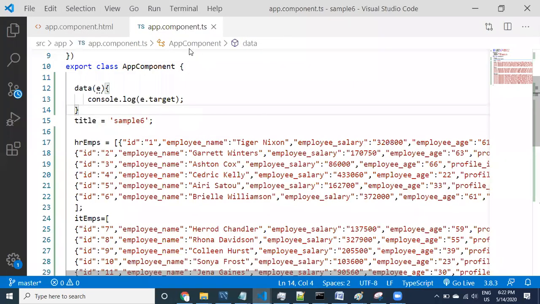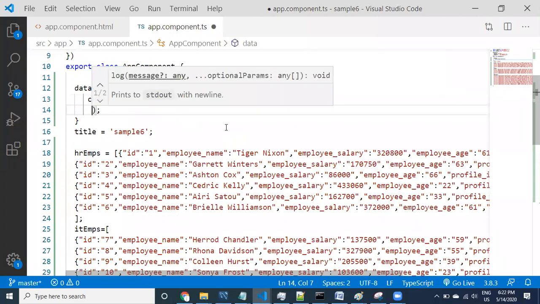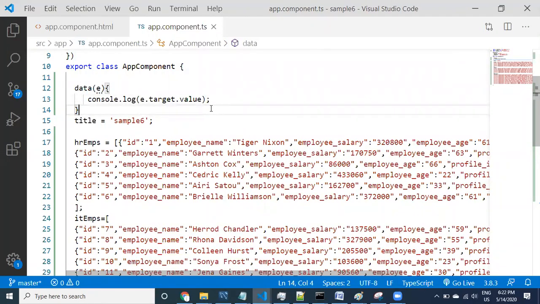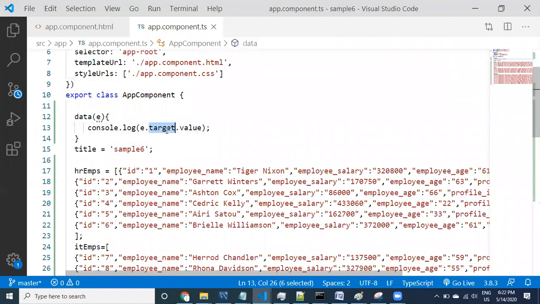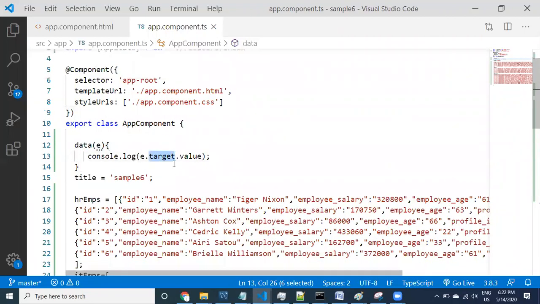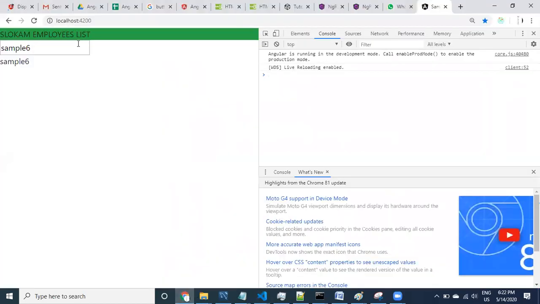Okay, so coming to here, after target dot, I would like to say value. Now what it is going to do is take the target value and print it. Let's look at it. What happens now? I'm taking the value. So I just clicked on that. Now I'm applying one backspace. See here, guys, what happened here? Whenever I press backspace, the value got printed. Okay, so it is displaying 3 and something here.